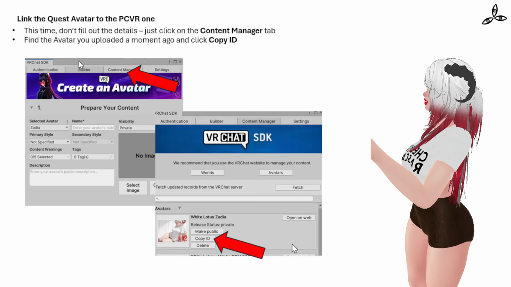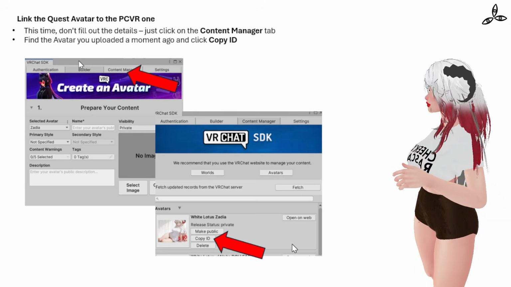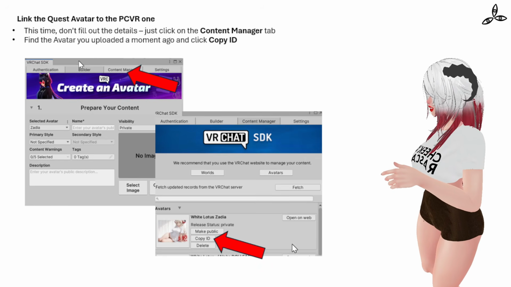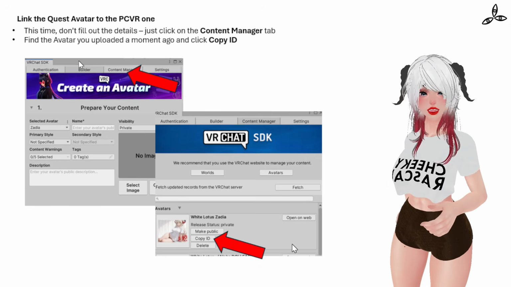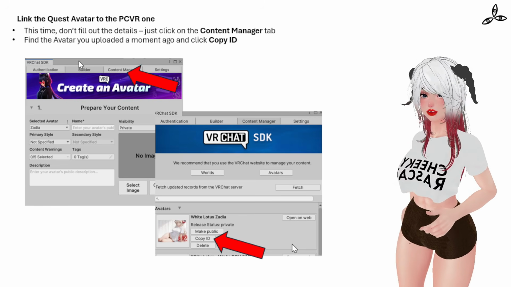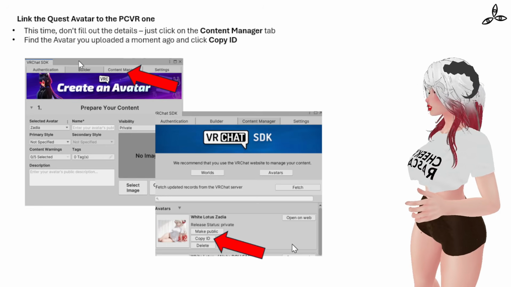So what you do instead is you got the Content Manager tab at the top. And then have a little look. You can see, under Avatars, you'll have the avatar that you uploaded a few moments ago. Click on that Copy ID button, and that's going to copy the blueprint ID for you. When you've done that,